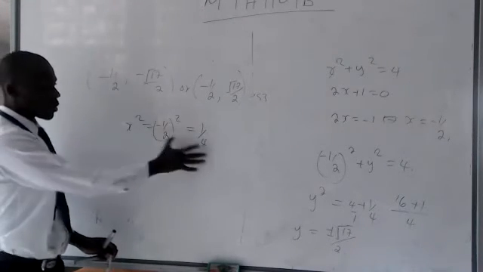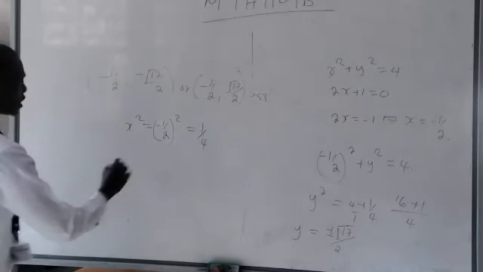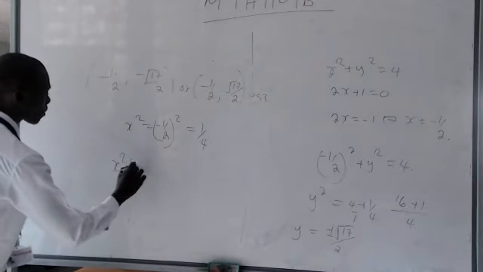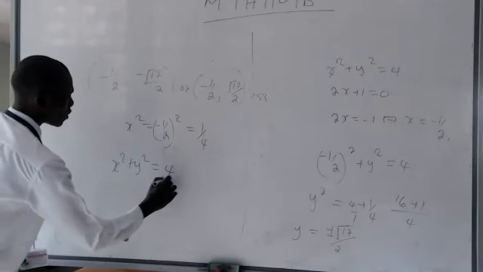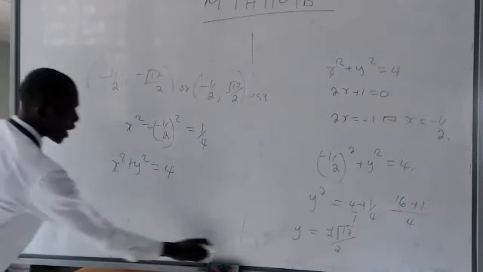So you're okay with x squared is a quarter? Yes. Good. Now, in that equation, there is x squared plus y squared is equal to 4. We have that x squared is a quarter. So we will have,